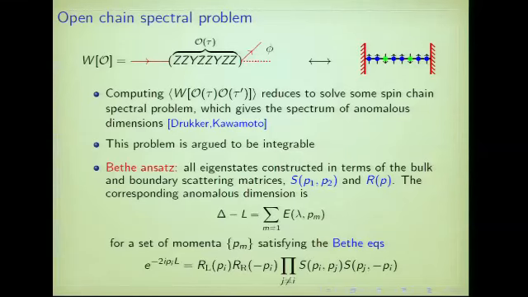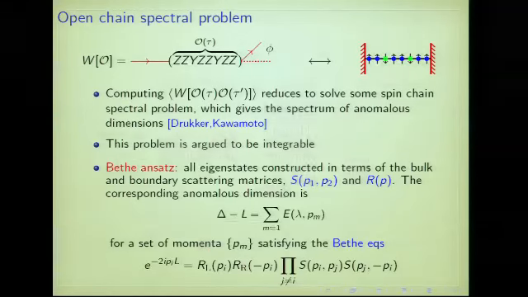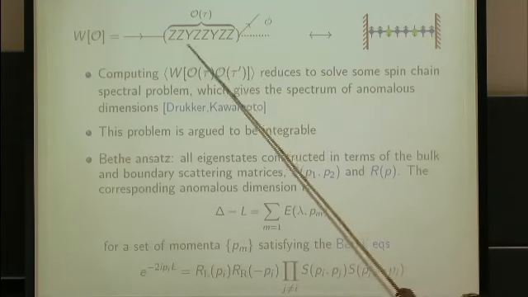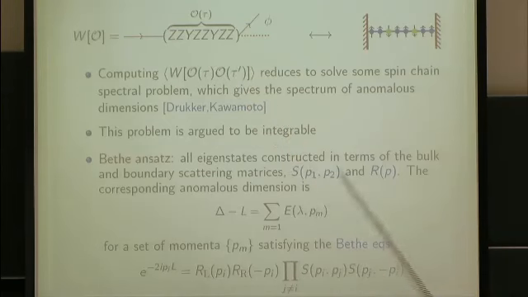I'm not going to give details, but the bottom line of the Bethe ansatz is that you can compute all the eigenstates of this Hamiltonian that solves the mixing problem and gives you the exact expectation value. You can compute all the eigenstates in terms of just scattering matrices, in this case. So you can have the bulk scattering matrices for when you have the scattering of two or more impurities here, or you can have a reflection matrix when one of those impurities is reflected by the boundary. That's only if the spin chain is long enough. Yes, exactly.